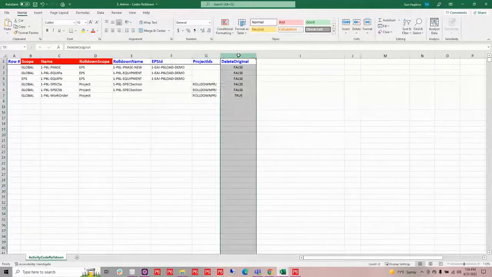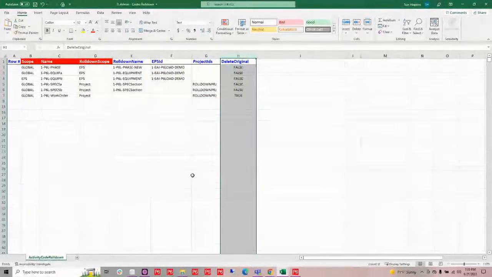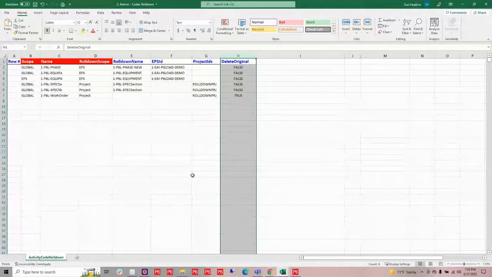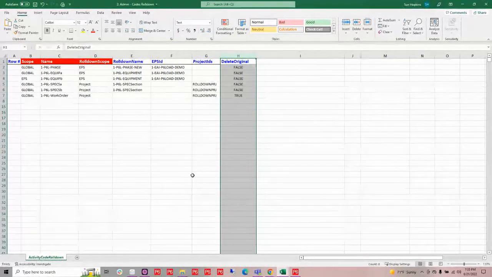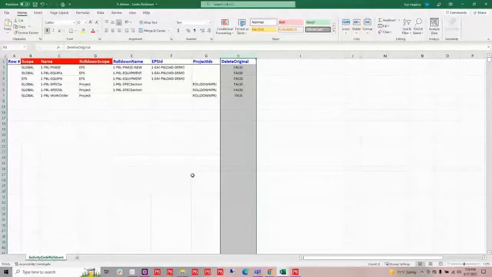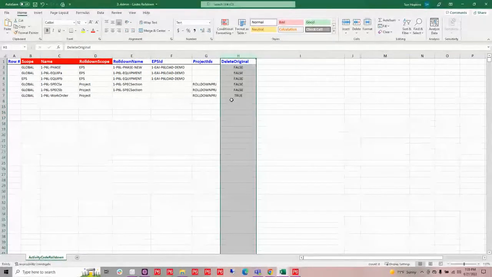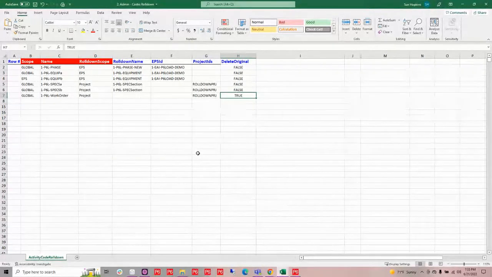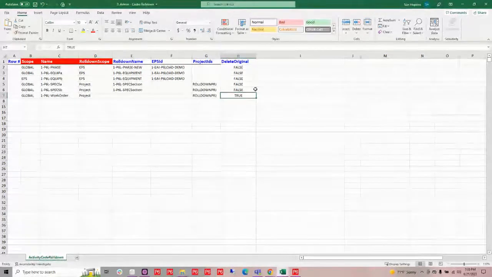Now this last column is telling P6-Loader, what do I want to do with that original code? Do I want to keep it where it is? Maybe I want to make sure that there's no other project that has that code assigned to it before I delete it. Or maybe I'm confident enough that this is the only place it is being used. So in the case of my work order, I know that it's only been assigned in this particular project. So I'm going to go ahead and have it delete it at that level. The rest of them I'm going to keep and just make sure that they're actually clean before I